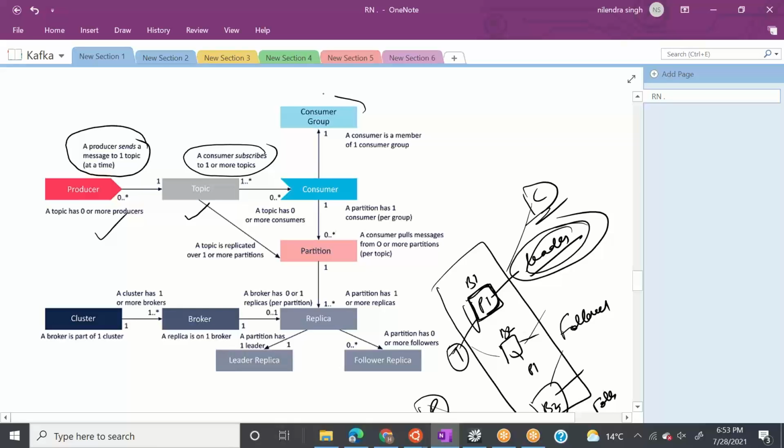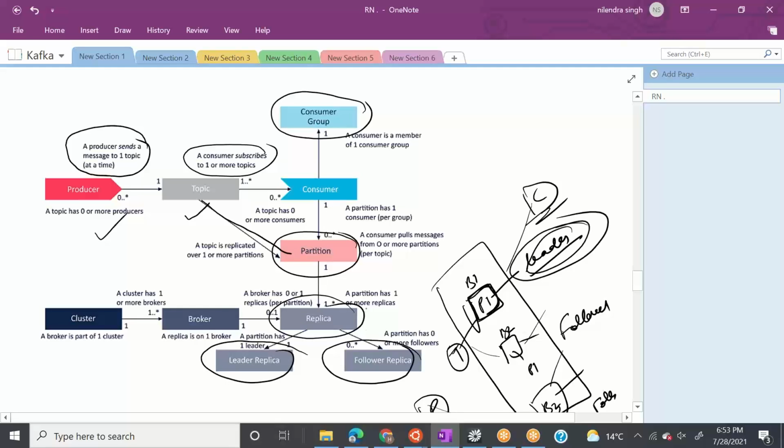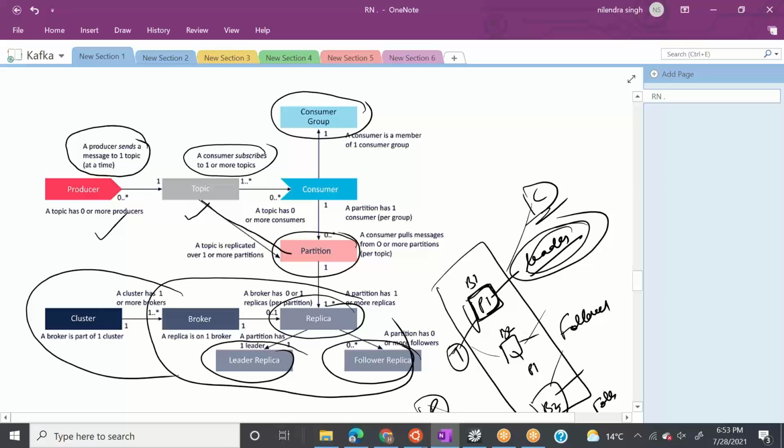And a consumer can be part of one or more consumer groups. And then a topic is made of partitions. Partitions have some replicas. Replicas will have only one leader and the others are following replicas. These replicas will be stored on brokers. These brokers will be part of the cluster.